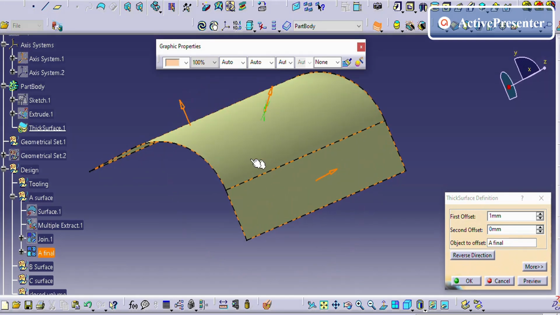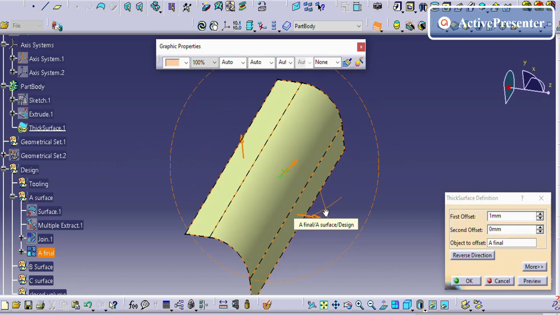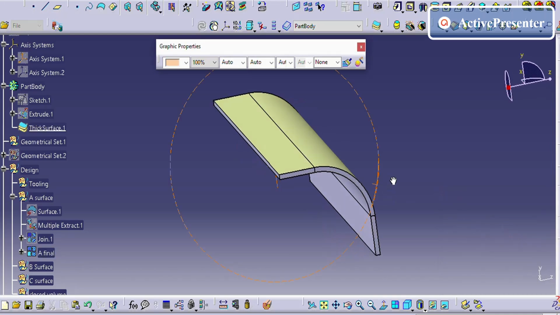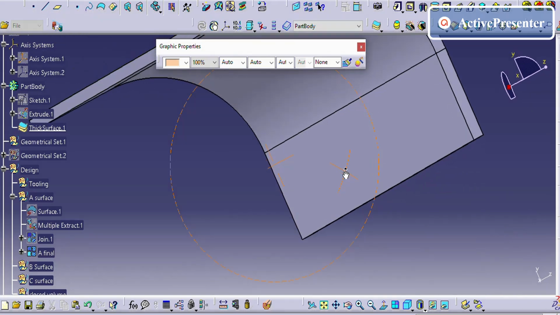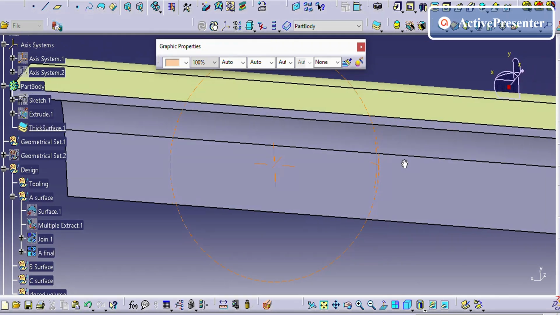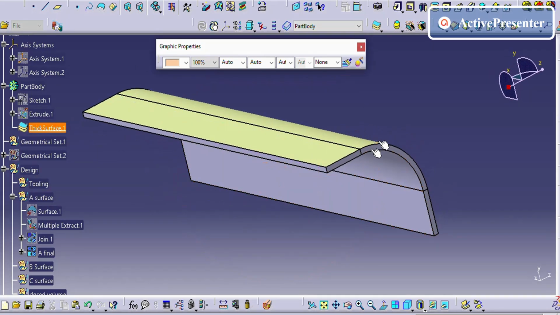See, whenever your A surface, that is your aesthetic surface, should be visible to the customer. So whenever you are doing thickness, it should be inside this surface. Okay. So our part thickness is 2.5. If you see, it won't have any